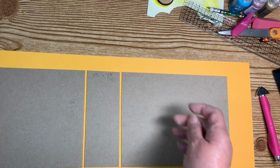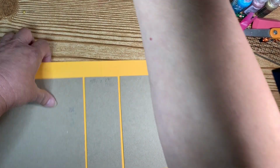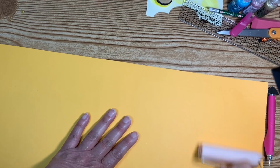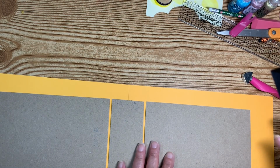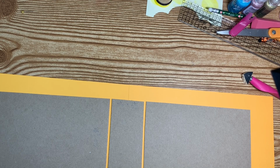All right. Okay. There we go. I'm going to turn and burnish that a little bit, so I want to make sure that it's sticking very well. Now, I am going to cut these corners with this. You guys know I'm super bad at that. So I am going to look for my...